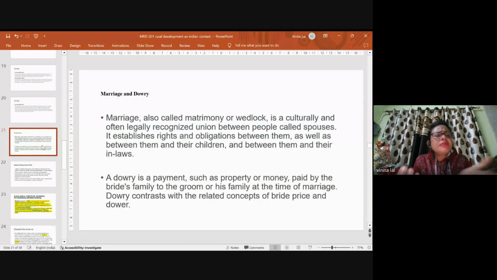And the dowry system can put a great financial burden on the bride's family. This we all know. Dowry means property or valuable security given or agreed to be given either directly or indirectly. So dowry, in the sense of expression contemplated by the Dowry Prohibition Act, is a demand for property or valuable security having an inextricable nexus with the marriage. And if we see Article 3 of the Dowry Prohibition Act 1961,